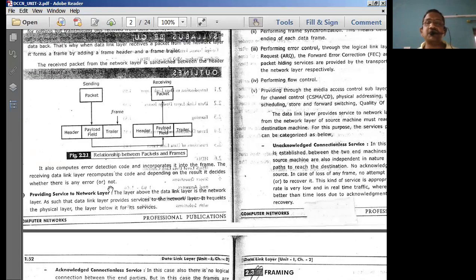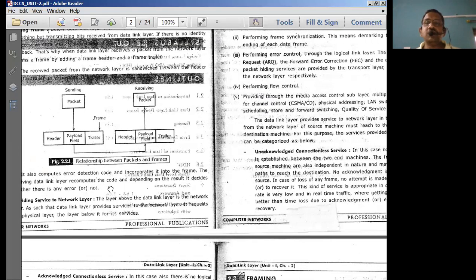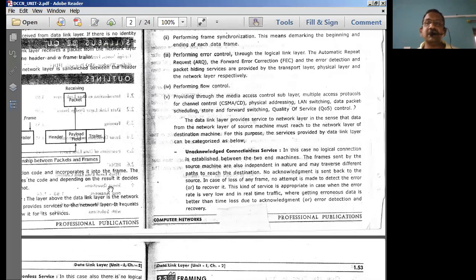After providing service to the network layer, the data link layer is going to provide service to the network layer in the sense that data from the network layer of the source machine must reach the network layer of the destination machine.